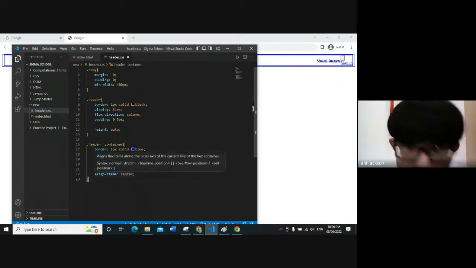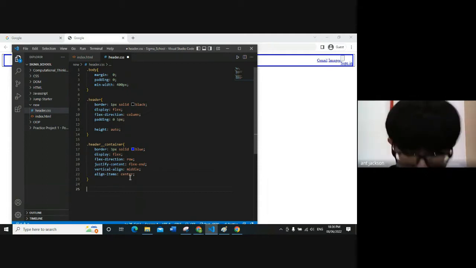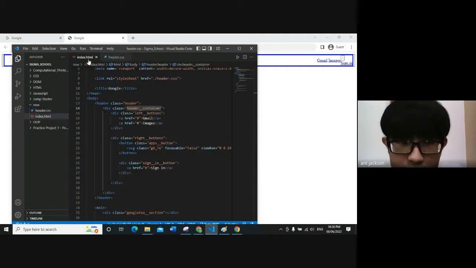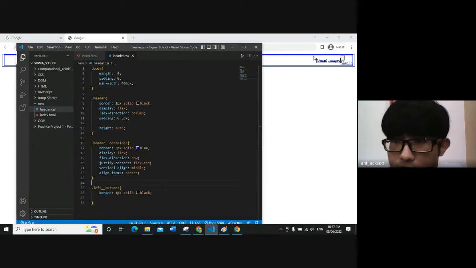We can go to our left button. This may seem weird but it will be fine after we finish our CSS arrangement. So for the left button, it's also my practice to build out a border. Okay, very good. Let's see. Yes, a typo again. So as you can notice, we have a small border surrounding two buttons, the Gmail and